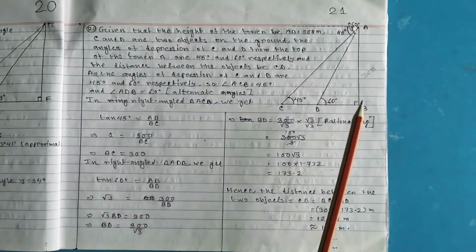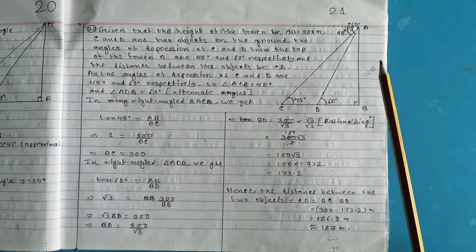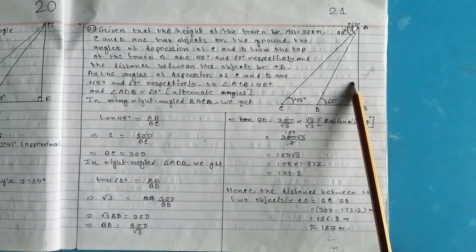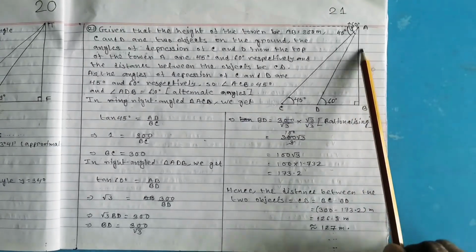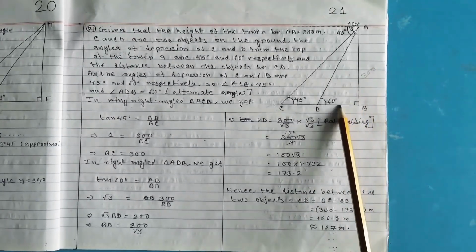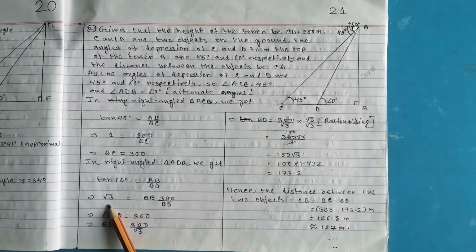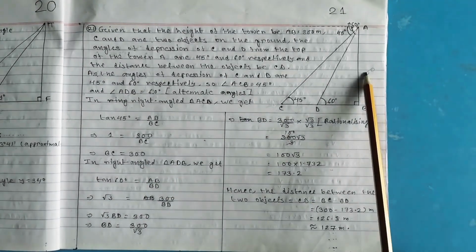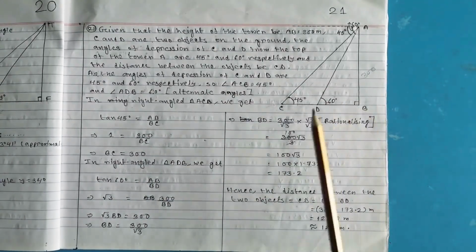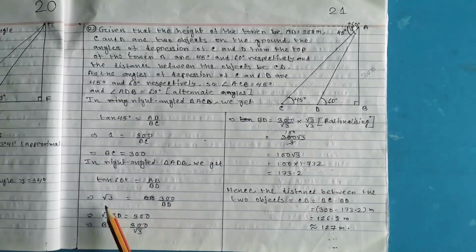Okay, now in right angle triangle ADB, in this right angle triangle, tan 60 degree will be equals AB upon BD, perpendicular upon base. Okay, tan 60 degree equals √3, and AB is given 300. Okay, and BD is not given, that you have to calculate. So do cross multiplication, so √3 BD equals 300 and BD equals 300 upon √3, because √3 is multiplied on the left hand side, so on the right hand side it will come to the division.